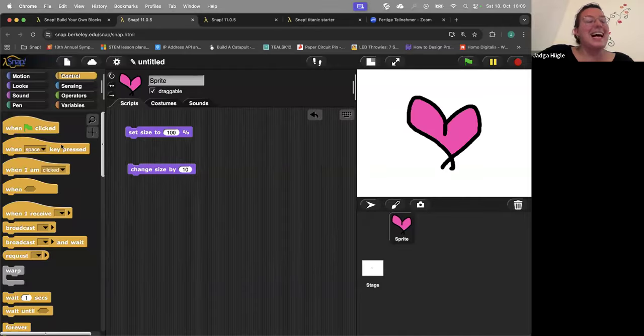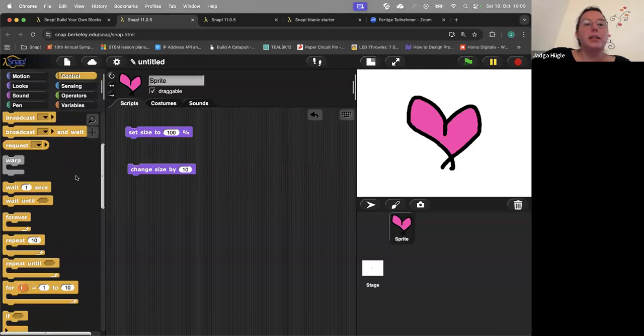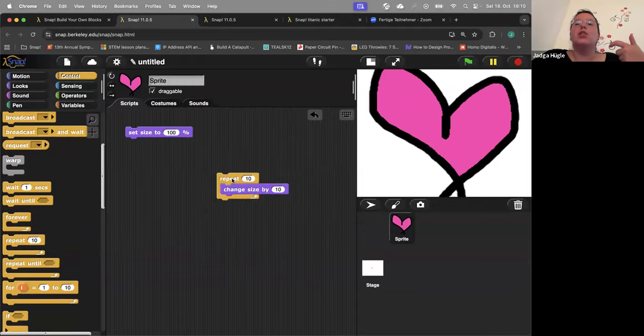Anyway, I was talking about doing stuff repeatedly and having blocks that you can put stuff into. So if you scroll down in the control category, you find blocks that have this like C-shaped structure. So they look like the letter C a bit. And here, for example, we have one that says repeat. And here there's a number, and I can decide how often I want to repeat things. So, for example, I could put that change size by 10 in here, and then I'm repeating 10 times, changing the size by 10. I hope you can actually see that through the Zoom delay, but